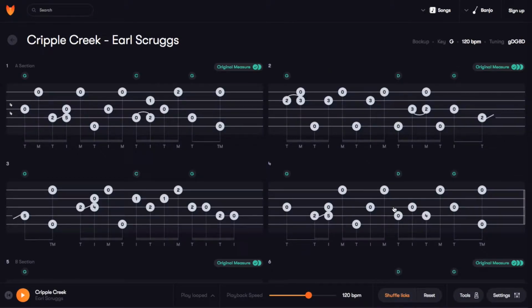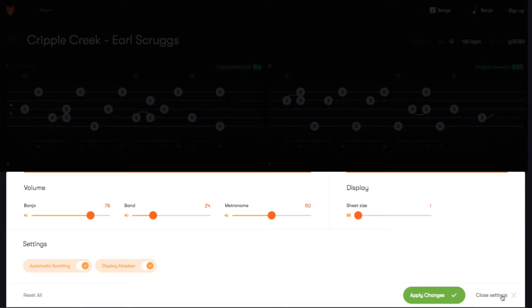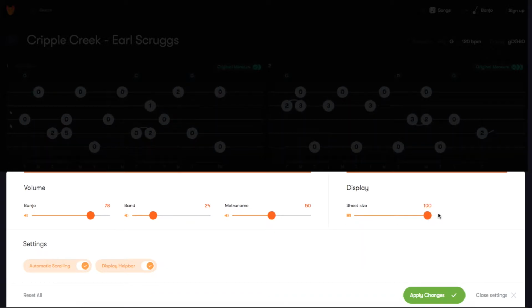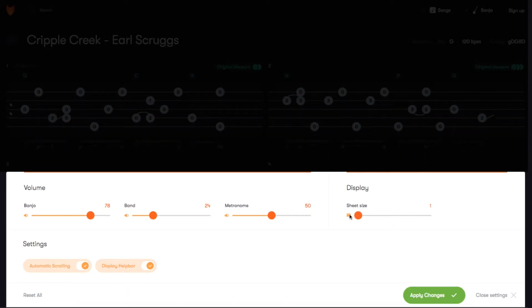Okay, so now that we're in this version, we can see all the tools on the bottom bar. So we have this toolbar down here, and what we're going to do is get a setting. It's in the bottom right corner. Click on settings, and then you have your volume settings. You can also change the size of the tablature, but I like to keep it at 1 because it's nice